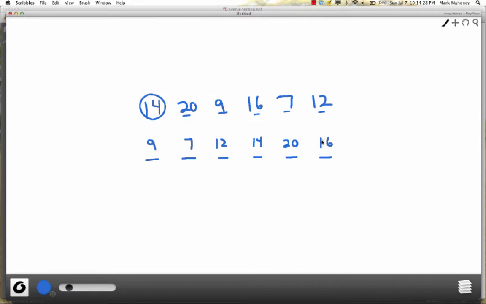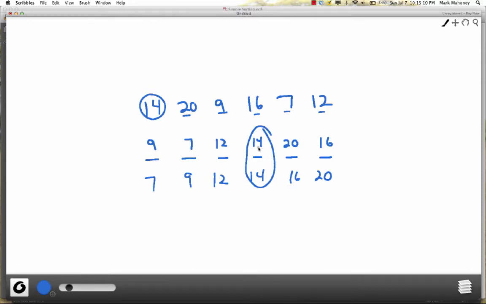Okay, notice that the card with the 14 is in its final sorted position. Right, so if we were to look at the actual cards in sorted position, they would look something like this. And after you move those cards around here, we'll see that the 14 really is in its final sorted position. This is not true of all the other cards, so these ones aren't in their final sorted position. Turns out the 12 just coincidentally happened to land in its final sorted position, but that was more of a